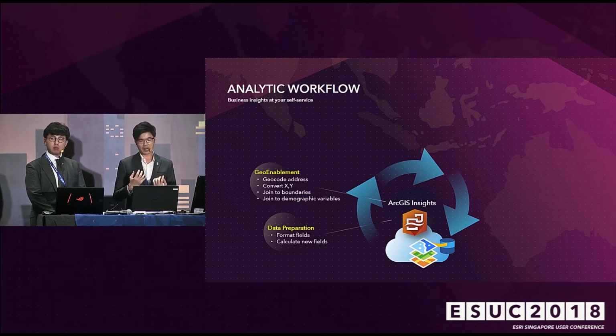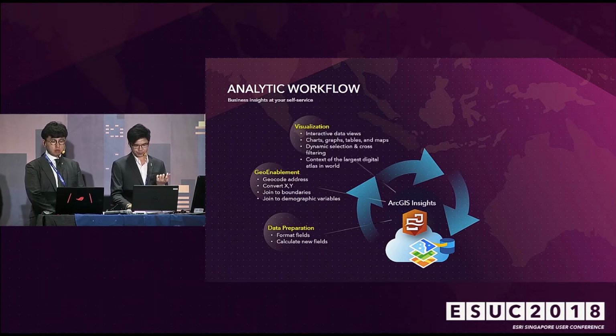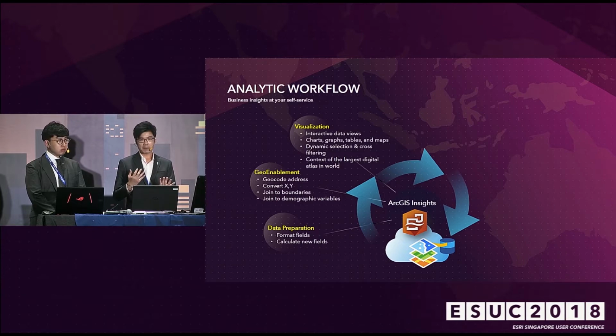So if I do not have any spatial information, what can I do? You can join it with other spatial types like administrative boundaries, and voila, you have something specialized for your use. And of course, you need to show it not only on a map, but also across charts and tables. The key thing here is interactivity and consistency.